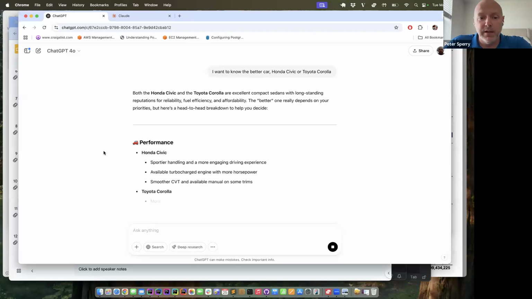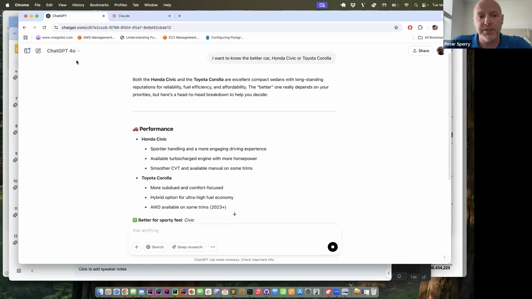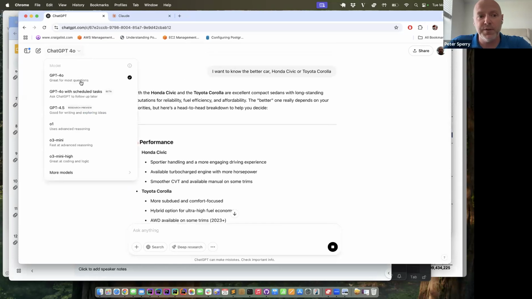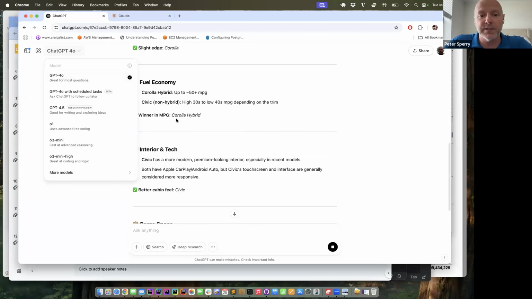Maybe I should have used a faster model here. So up here in the left-hand corner, just for those of you who aren't familiar, this is where you can choose what model ChatGPT is going to use. Some of these are faster than others, and with some of these you don't need the sort of fidelity or precision in your responses that you might with others. We'll use 4.0, which is one of their most advanced that is in general release, for purposes of this.